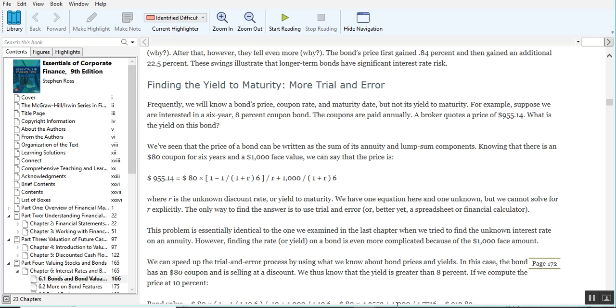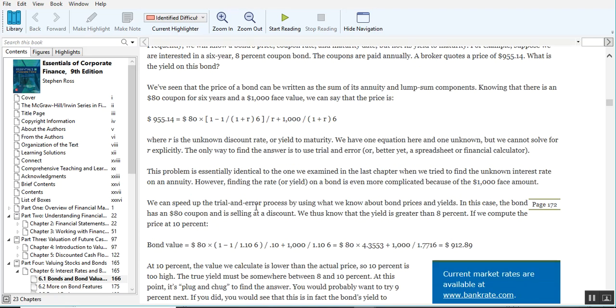So, how do we find the yield to maturity? Well, if the interest rates are different from the market, we're going to have to factor in whatever the discount is or whatever the premium is to understand what the bond yield is to maturity. And they show the computation here of the price of the bond. But the bond value and the bond value here. And what they're showing you is that when you compute these present values at an interest rate that's